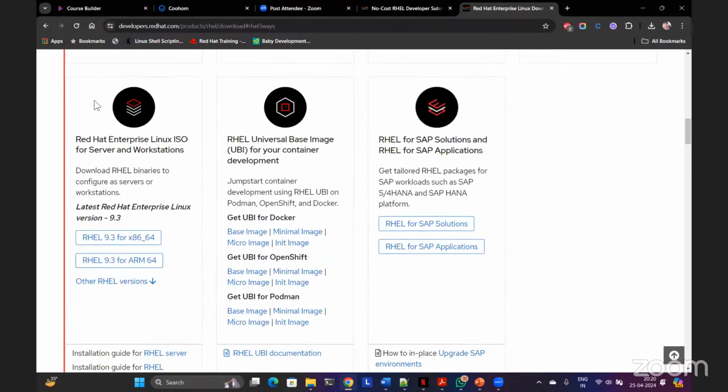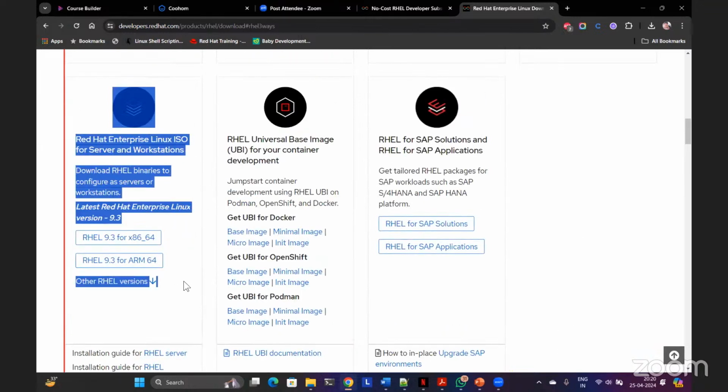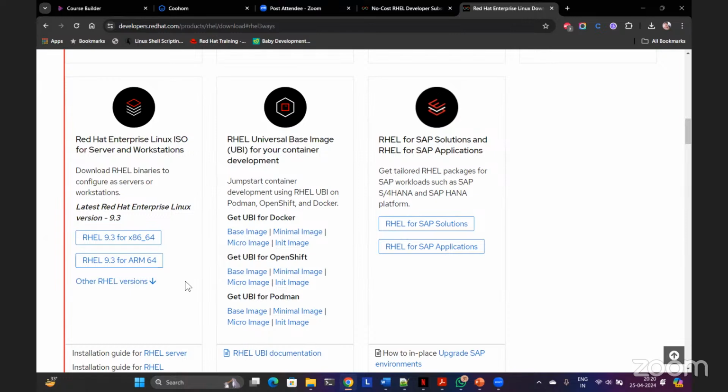Okay, so you have to focus on this part. I'm not sure why it is happening. It should ideally download this one, RHEL 9, 9.3, x86-64. This should happen automatically, but I don't know what's happening. It is downloading a different boot ISO, which is just 800 megabytes. So click on this link.